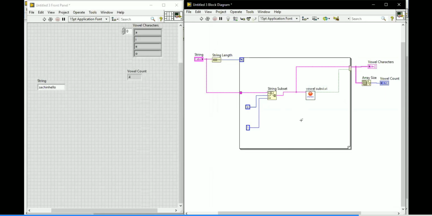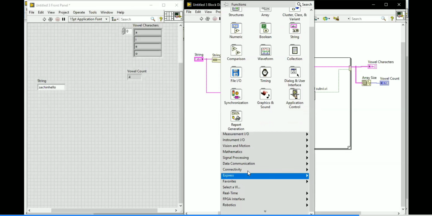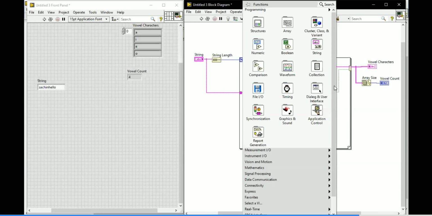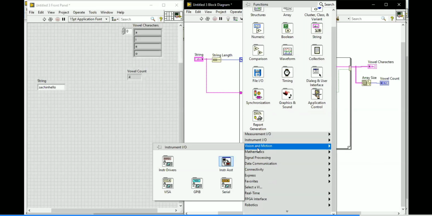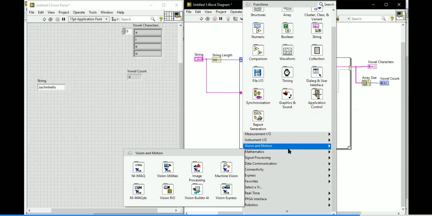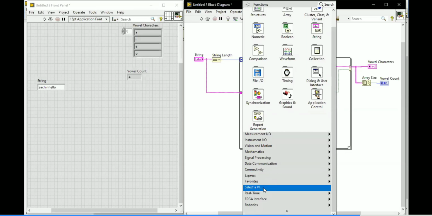To place a sub VI, right click on the block diagram and scroll the function palette. You have measurement I/O, instrument I/O, vision and motion, mathematics, and signal processing. There you have Select a VI.